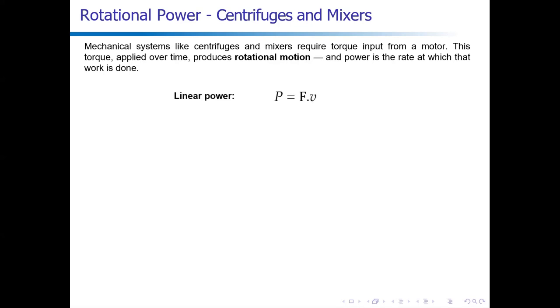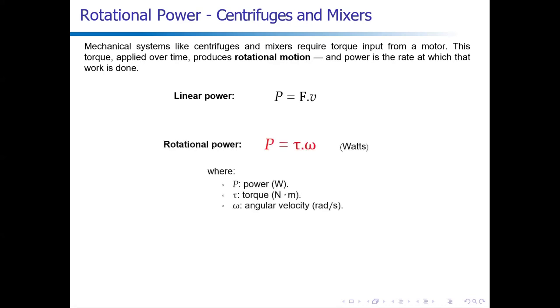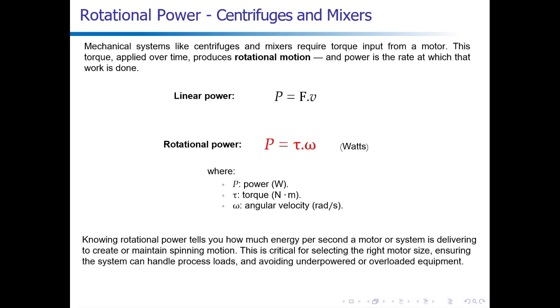We already know from earlier that linear power is calculated as force multiplied by velocity. This tells us how much energy is transferred per second when something is pushed in a straight line. Applying the same logic to rotating systems, we find that rotational power is equal to the torque multiplied by the angular velocity. Here, torque is in Newton meters, angular velocity is in radians per second, and power is in watts,